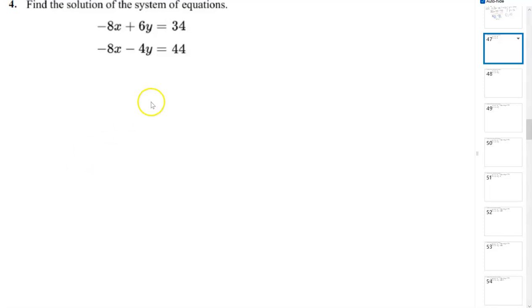One, you usually want to have it so that you're in ax plus by equals c format, or standard form. Notice how we have a coefficient in front of the x, a coefficient in front of y, equal to a number. Coefficient in front of x, coefficient in front of y, equal to a number. If you have two equations like that, the system of equations is probably a good fit for finding the